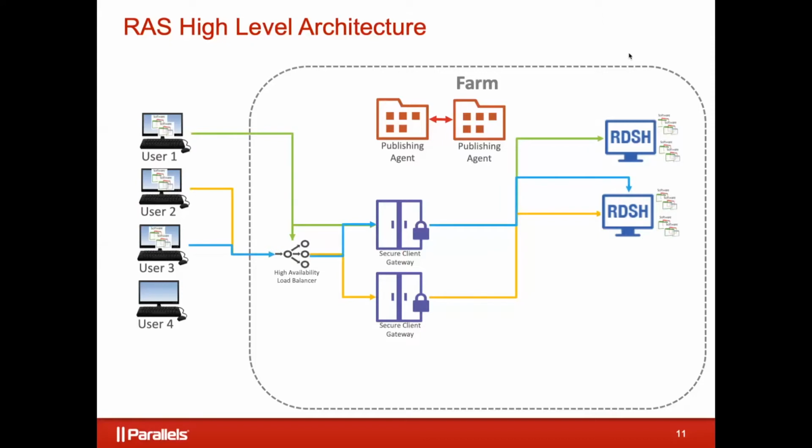But RAS is fully load balanced end-to-end, so we also load balance on the back end. So now that we've got some users on, let's take a look at how that would work. The next user will connect, they'll go to the load balancer, they're going to go to number two, just round robin, just like always. But it's also got to decide which remote desktop server to go to, right? We've got more than one here. And this is not going to do round robin necessarily. I mean, you can set it to do it, but out of the box, it's going to do resource-based load balancing. So it's going to take a look at not just the number of user sessions, but the memory and the CPU utilization, and then make an intelligent decision about where to send them. Right?